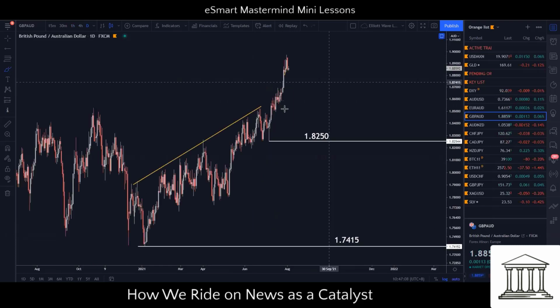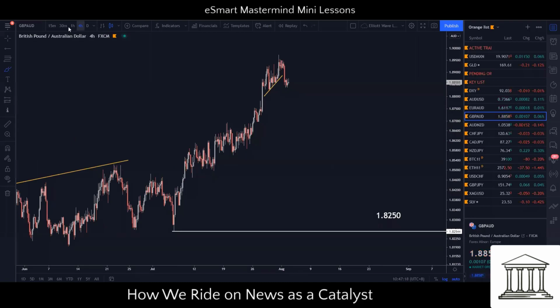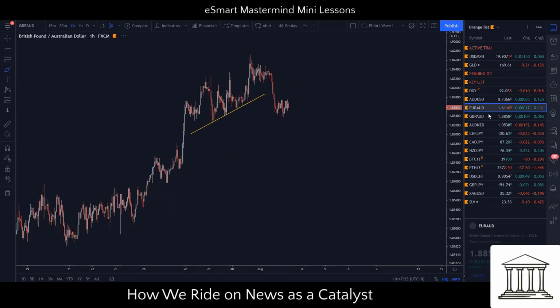There's not much of a confluence. Okay, daily this is rather impulsive to the upside, which means that this trade here on Pound AUD and Euro AUD is really more on the lower time frame. And between Euro AUD and Pound AUD, one thing you want to factor in also is we have